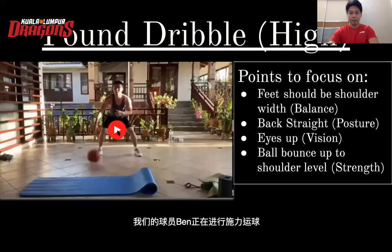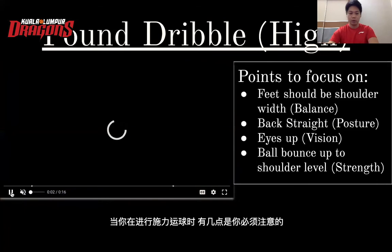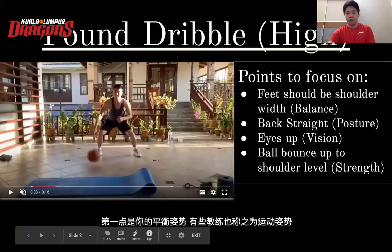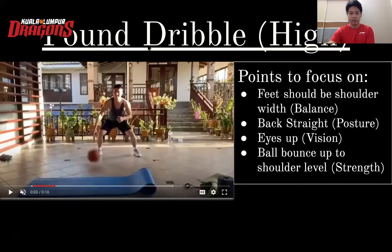Our player Ben here is doing the pound dribble. Some of the points to focus on when you are doing this pound dribble: first off, it's your balance stance. Some of the coaches call it athletic stance, some call it squat, depending on different words, but it's all about balance. So first off, your feet should be shoulder width, so that you get a good balance here, and the